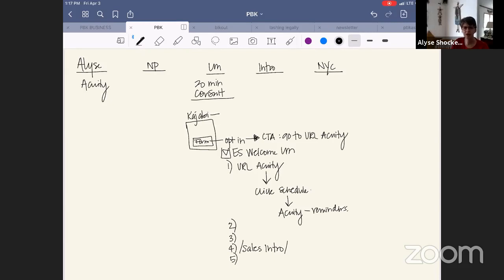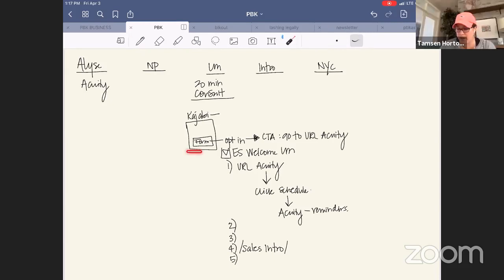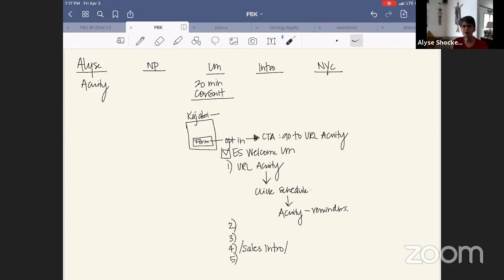So all you need to do is put this part in front of it, and that will tie up that entire portion of that sequence. Okay, but then would I lose them and not have them get on an email welcome lead magnet that could lead to other things? Because if they just go to Acuity, they schedule the appointment, we have our appointment, then I don't necessarily have them on any kind of.